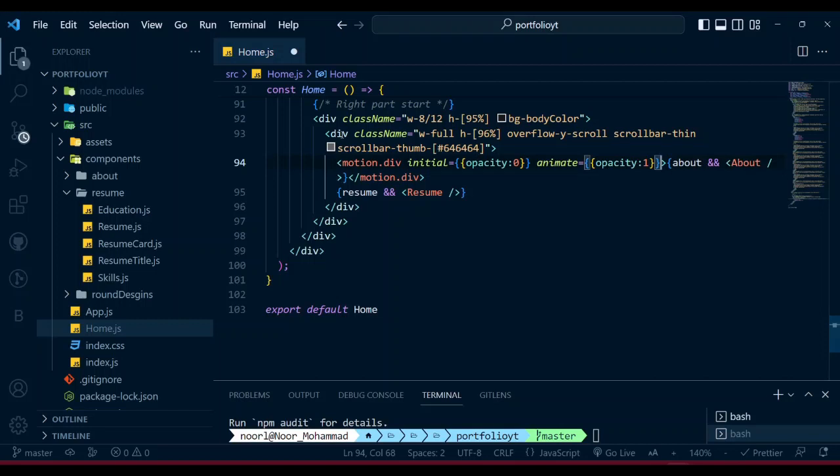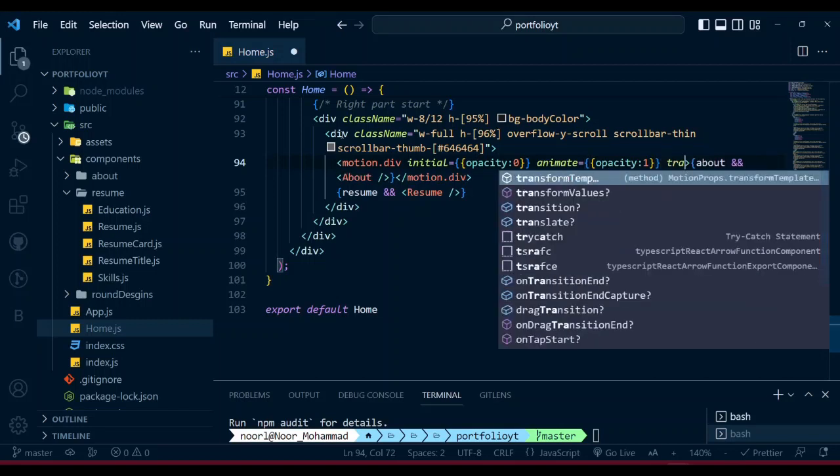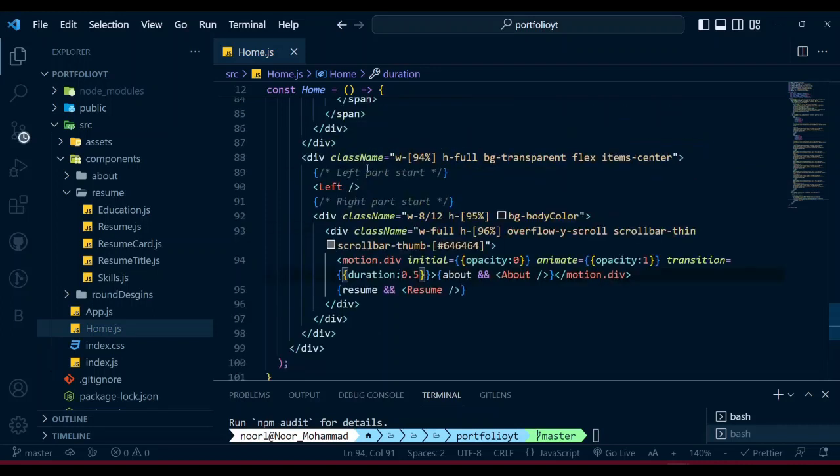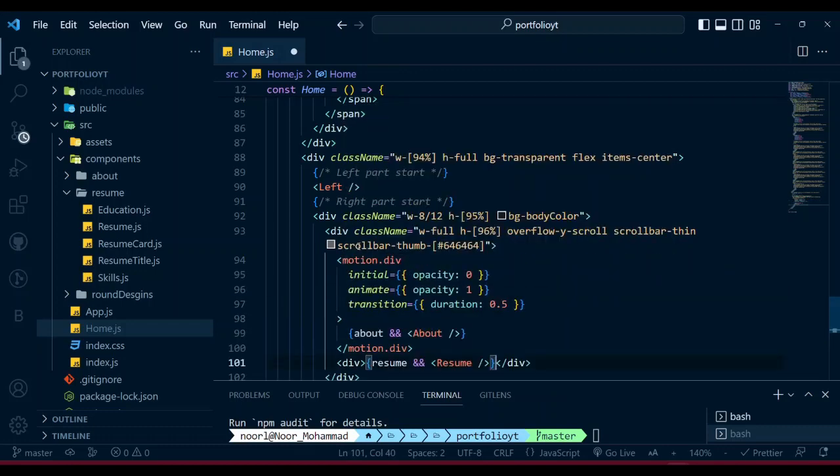And also I want to keep a transition to look a little bit cool, and that transition will have a duration of 0.5. I need to give the closing tag, so let's save it. And the same thing I did for about, I'm going to also do for our resume section. So let's copy that,